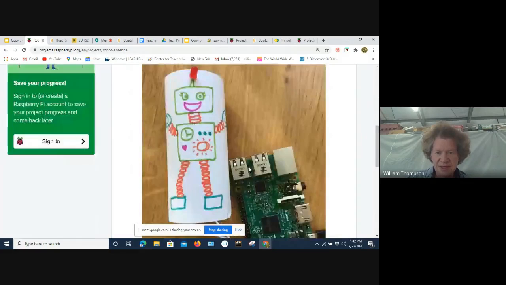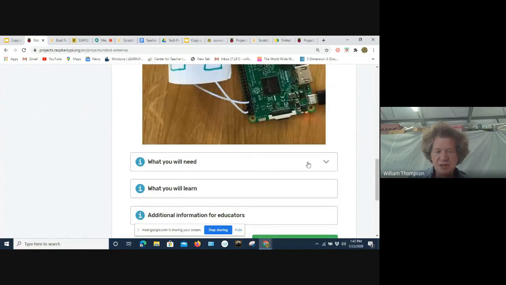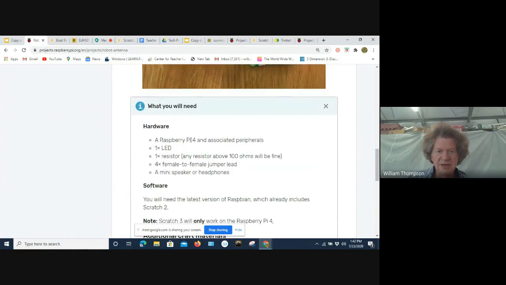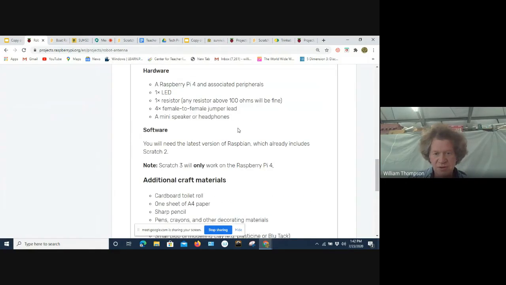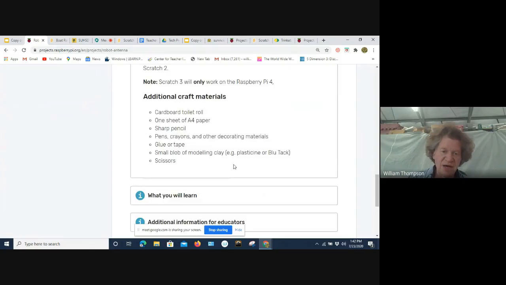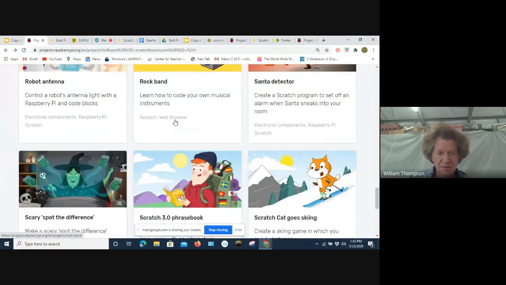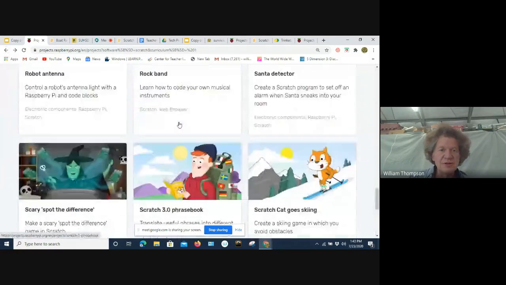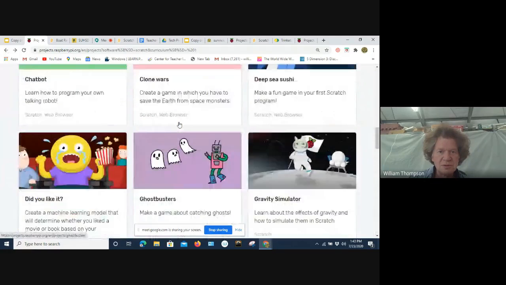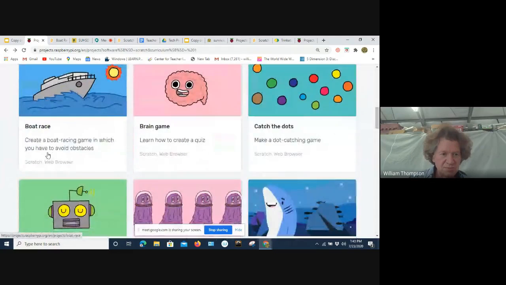One of the things I like about the resources on the Raspberry Pi website is that it has this little first page that says what you'll need, like hardware. You need a Raspberry Pi computer and whatever else. So you'd look at this, and if you don't have a Raspberry Pi computer, then you probably want to skip this activity and do one that you can do online. So here I'm going to do the boat race.